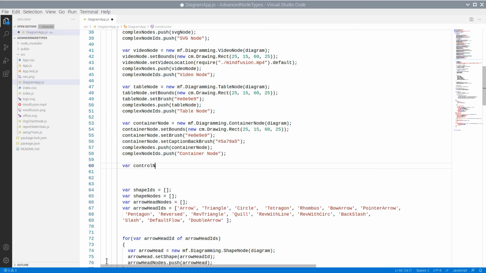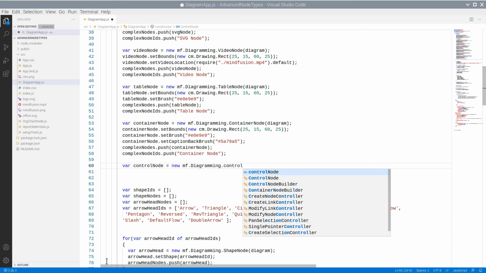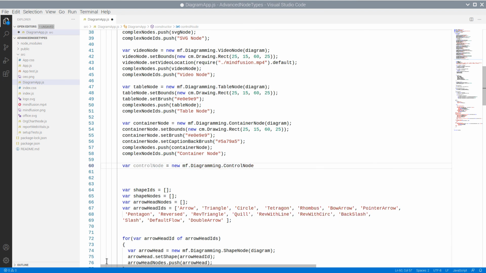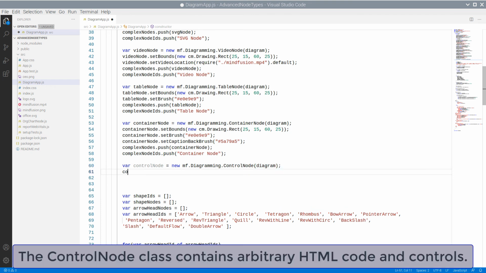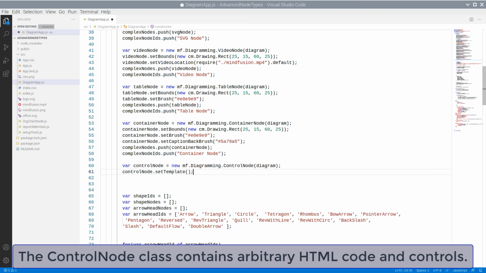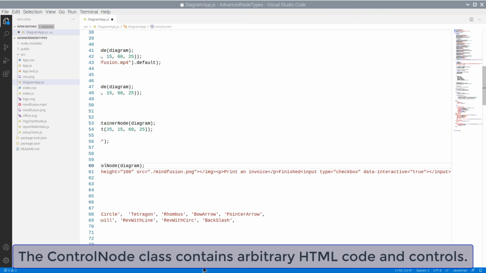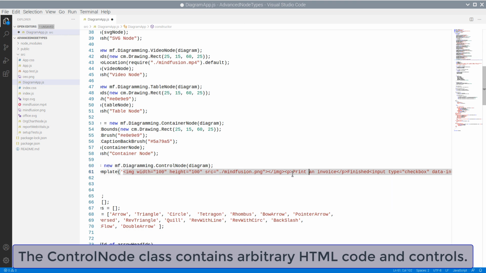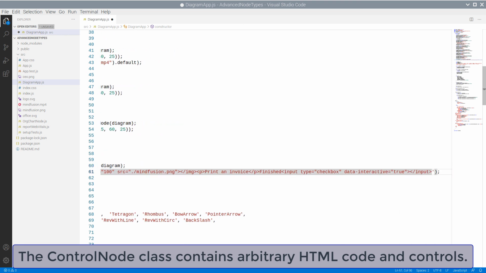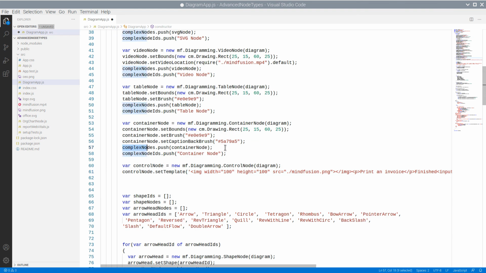We create a new instance of the control node class and paste some HTML as a template for the node. We only need to add the node to the lists with nodes and we are done.